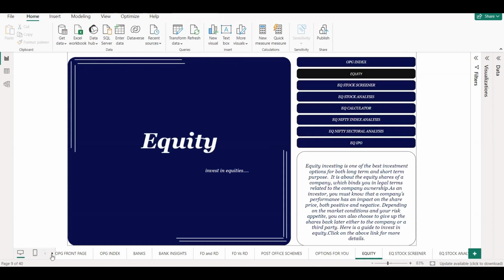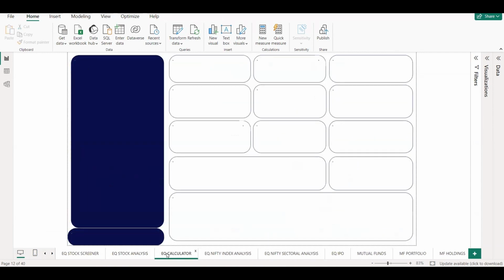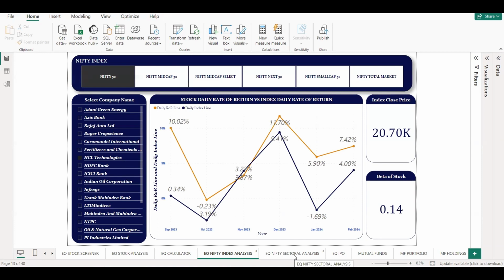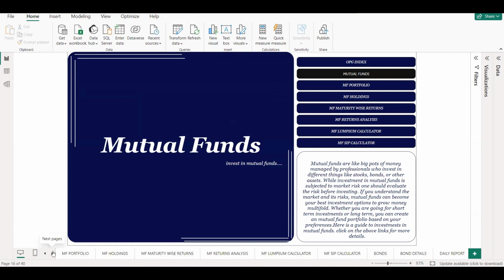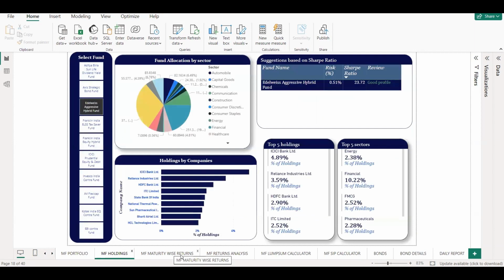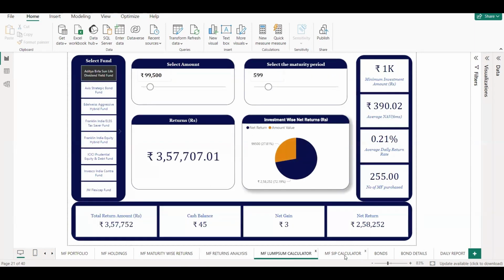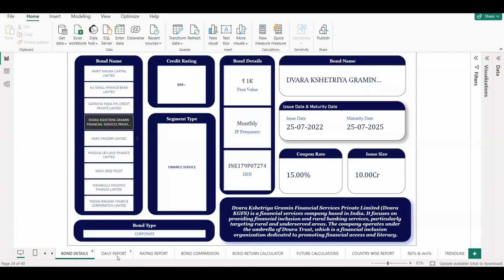Similarly, we have also compared different equity analysis, and we have taken a lot of equities or shares for analysis. We have compared the company level information. We have compared the same with the market information, and also we have taken some of the IPOs that have recently been successful and also failed. And we have also done the same project on mutual funds, how the mutual funds invest their monies, what the mutual fund holds, and different return analysis, and also a mutual fund lump sum calculator and a mutual fund SIP calculator. And we have also done a project on bonds.